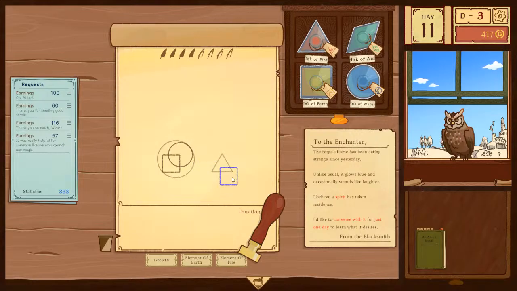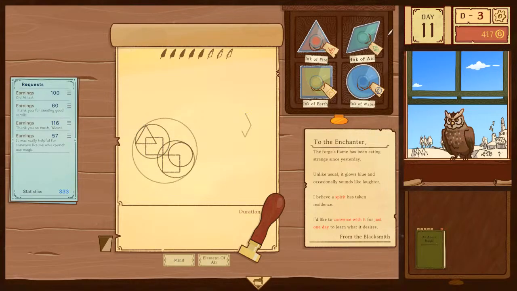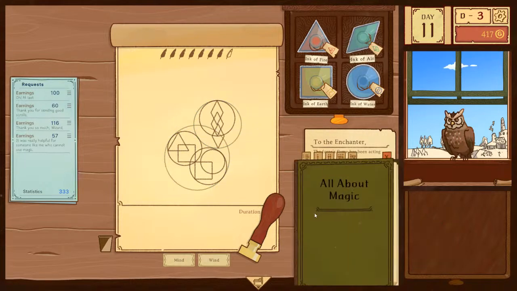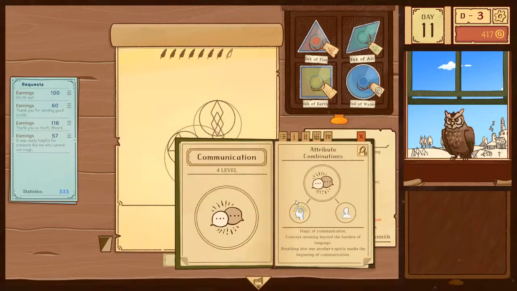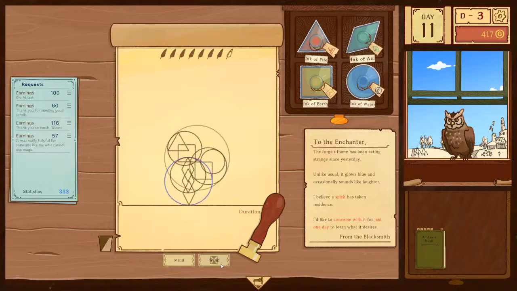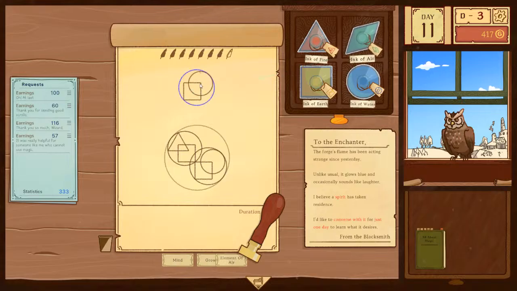Communication was mind and breath. It was not communication. This is mind and breath. Ah, that is not breath. What? God. Oh.